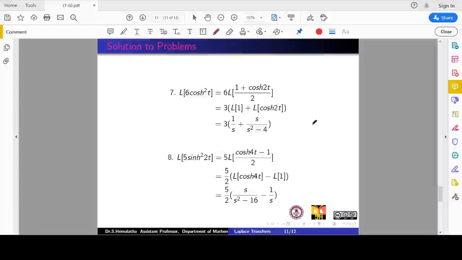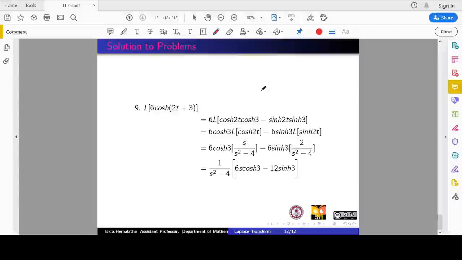Okay. So in the same way I have discussed some hyperbolic functions also. This is again dealing with conversion formulas. You need to remember all those conversion formulas and then use the basic results to get your corresponding Laplace. So same as what I discussed in the earlier problem. Here there is a cos hyperbolic A plus B formula to be applied. Just note this h term and then we can arrive at this answer.